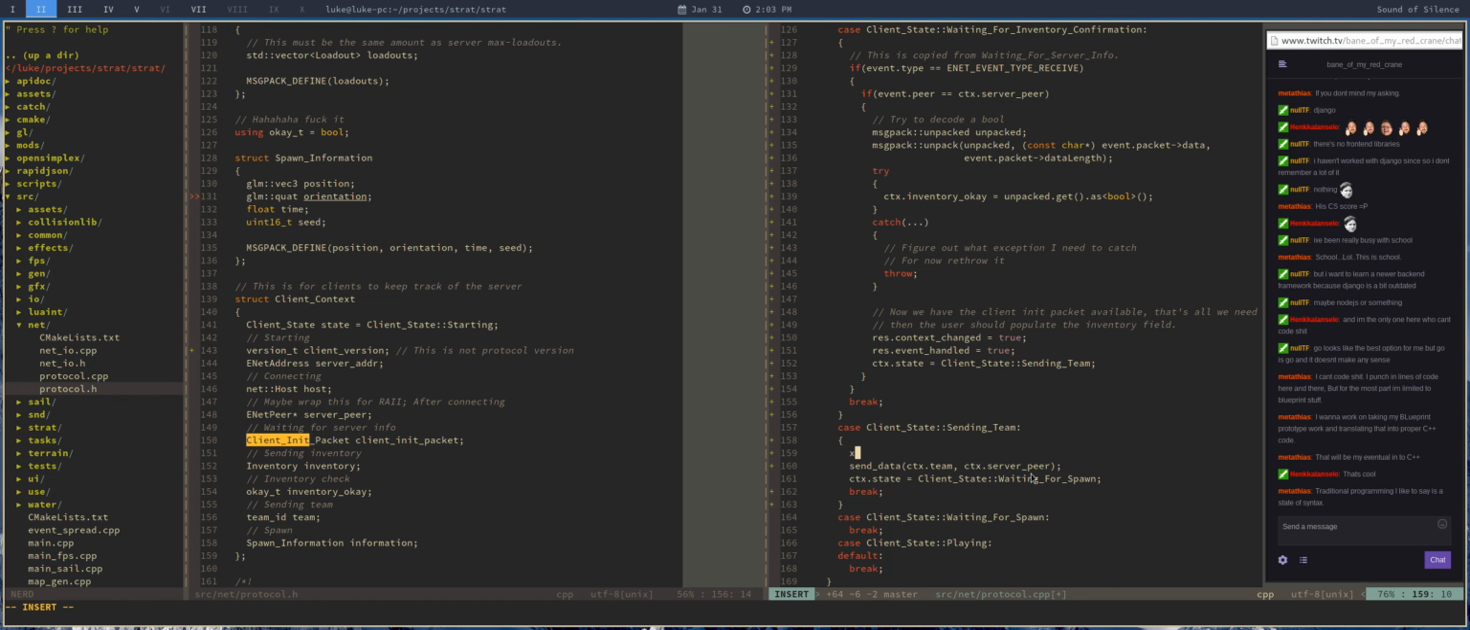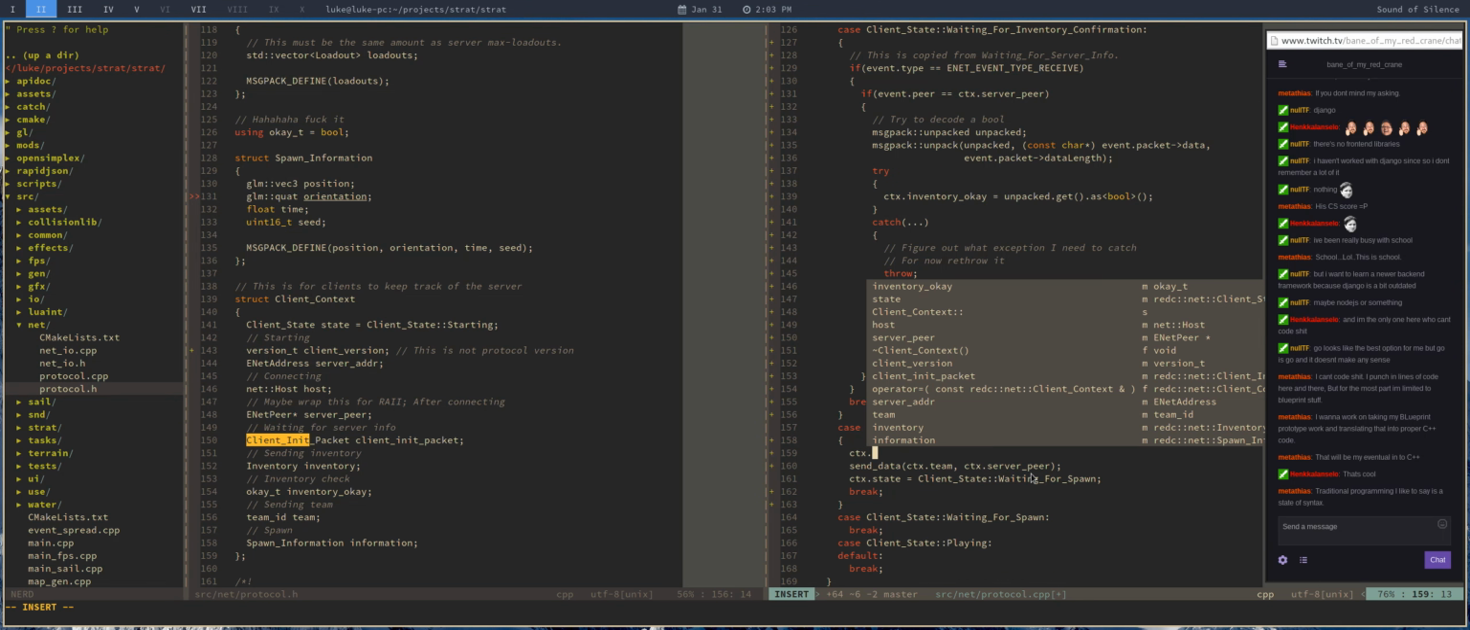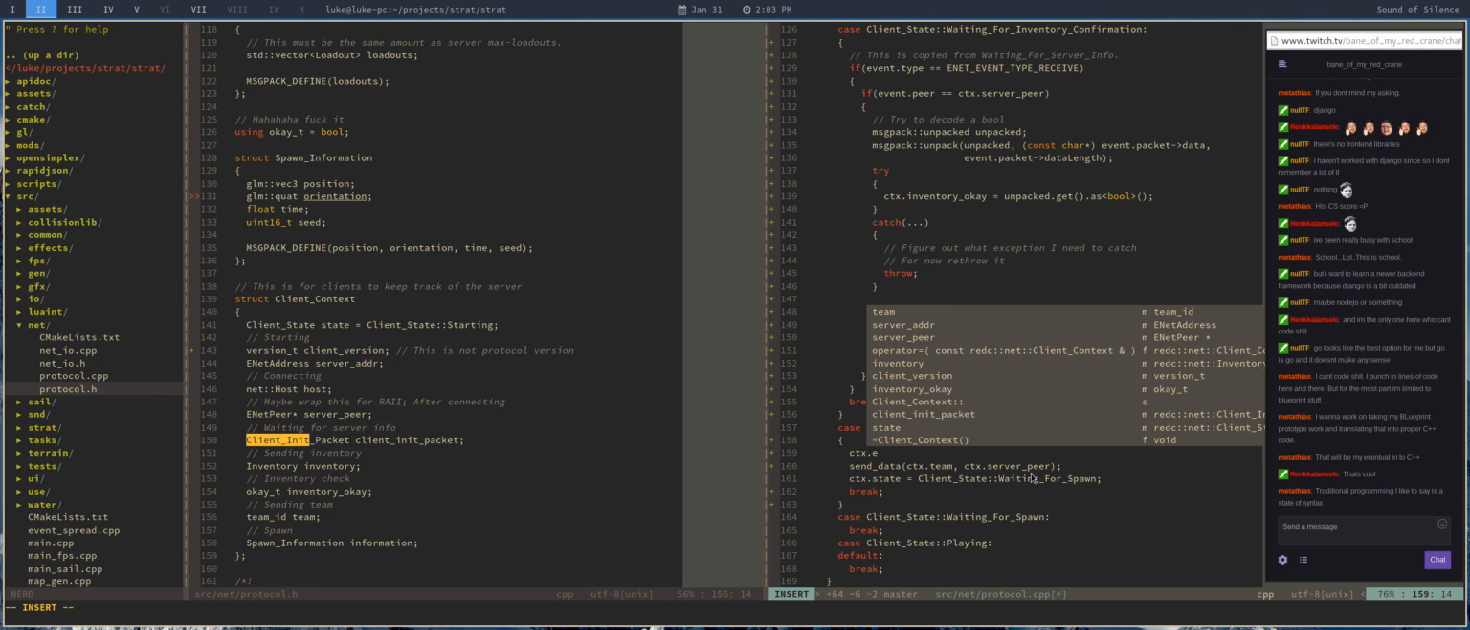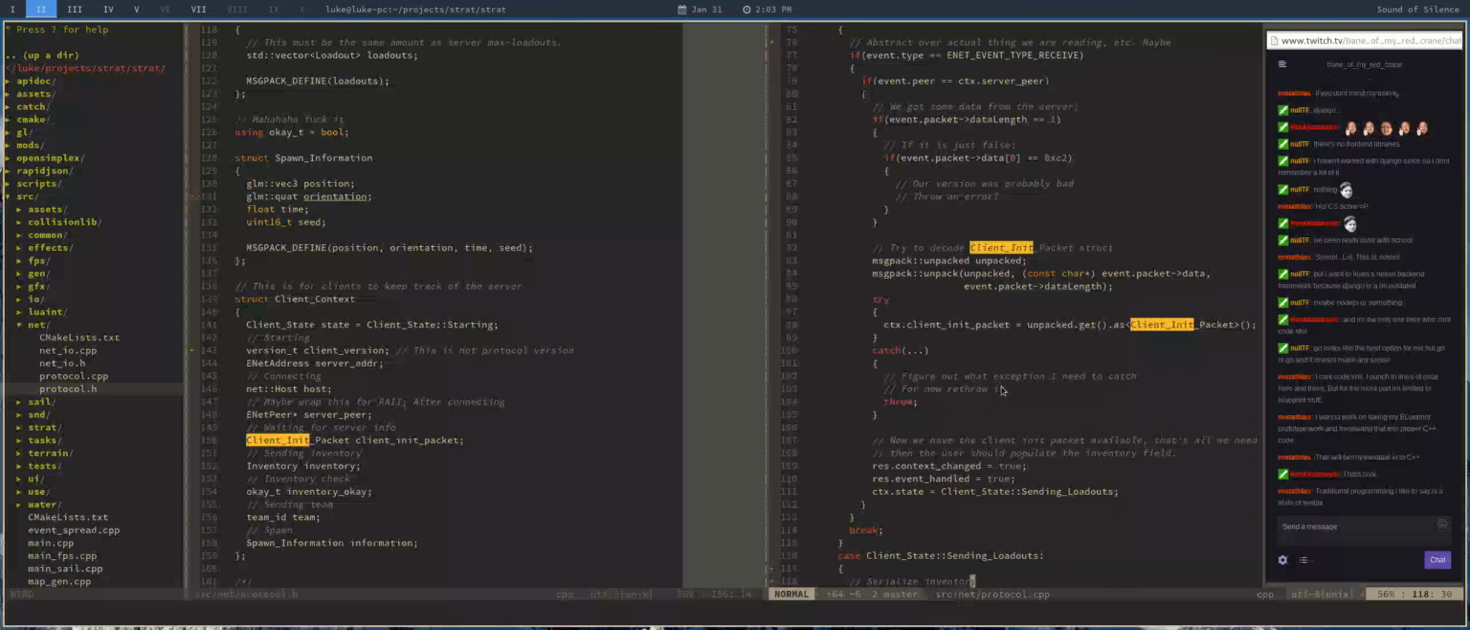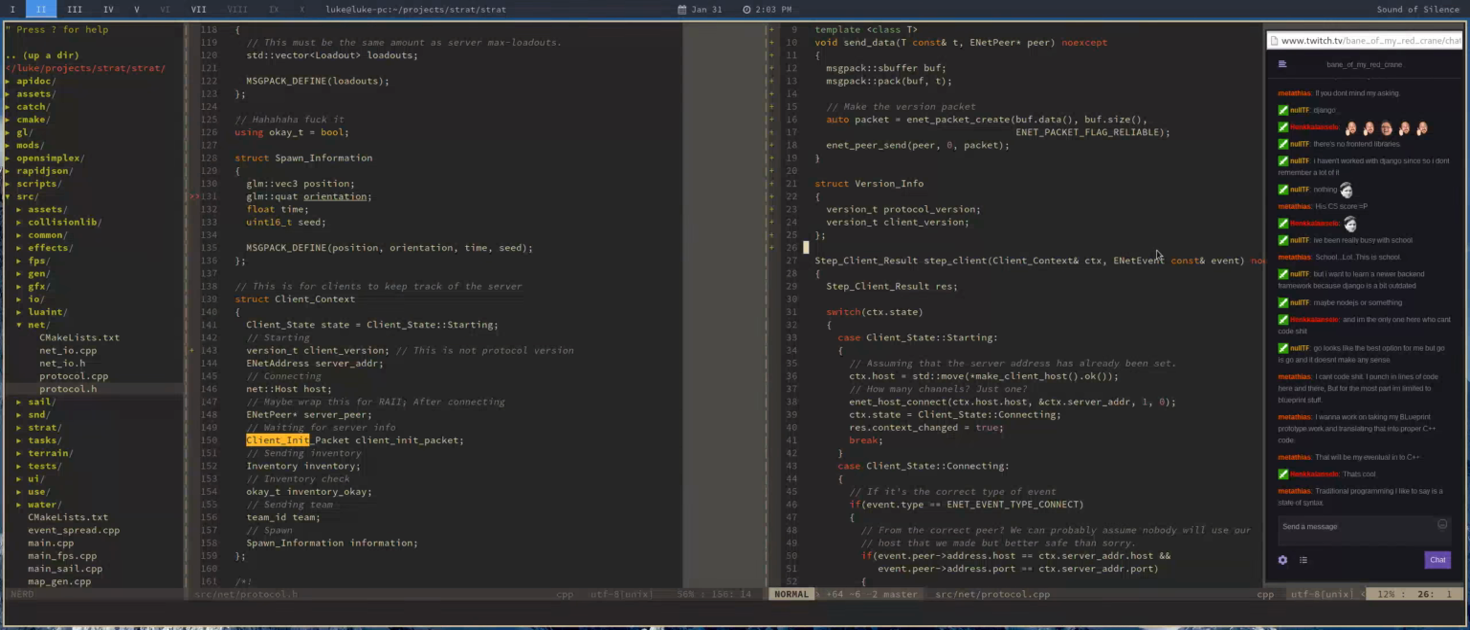And we also want to say event handled? No, res.context changed. The only thing is we should make this event a pointer, because it might not even be passed in if we do the first couple events. So let's make this a pointer. And then